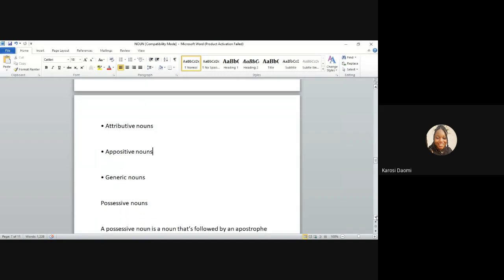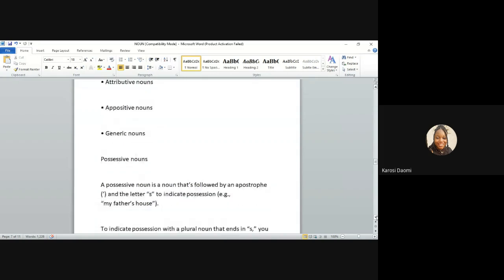I think we've discussed possessive. Yes, we mentioned possessive. So now we're looking at possessive nouns. A possessive noun is a noun that's followed by an apostrophe and the letter S to indicate possession. Whenever you want to show ownership or possession, you use a possessive noun, and it's always indicated with an apostrophe. For example, my father's house,